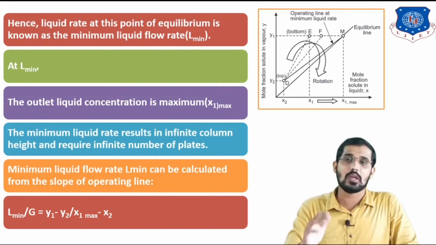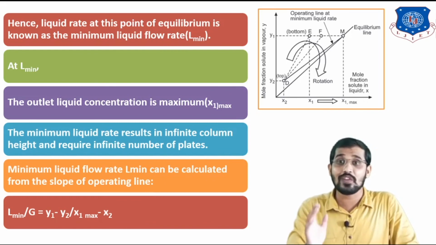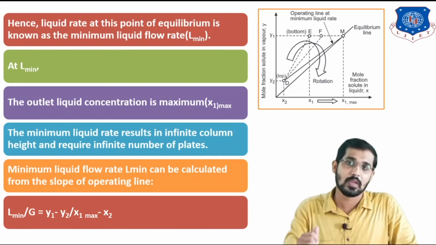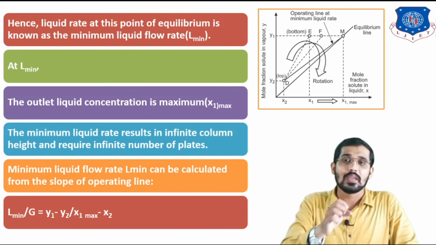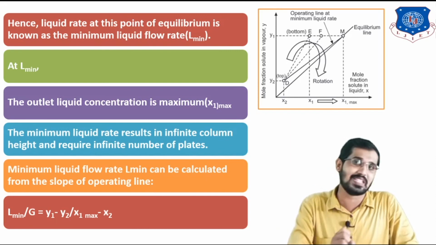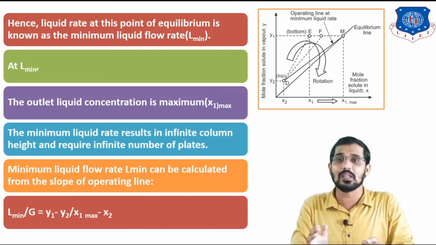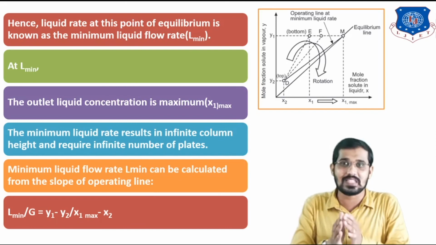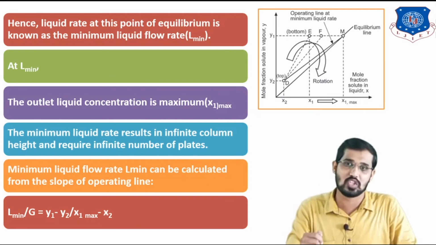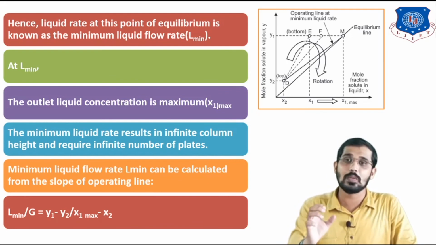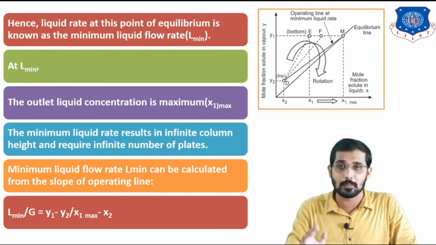So what we have seen in this lecture: I told you about the absorption process, we have revised the absorption process. After that we have studied the effect of the liquid flow rate on gas absorption. I am repeating, if we are increasing the flow rate of the liquid, at that time we cannot extract the maximum amount of solute from the gaseous mixture, but if we are reducing the flow rate of the liquid, we are giving more contact time for the liquid and gaseous streams. That's why maximum extraction of the solute is possible from the gaseous mixture. And that slope is L minimum by G. So this is very important for the design of the absorption column.